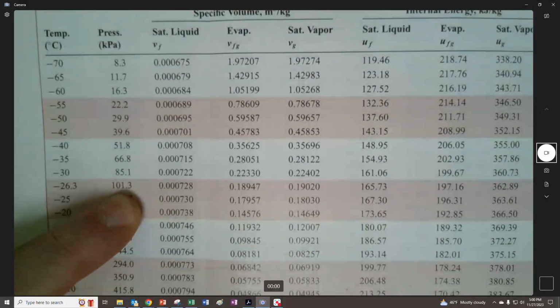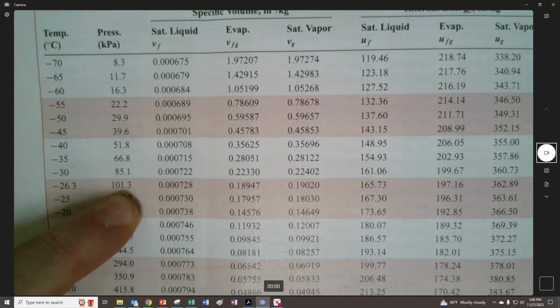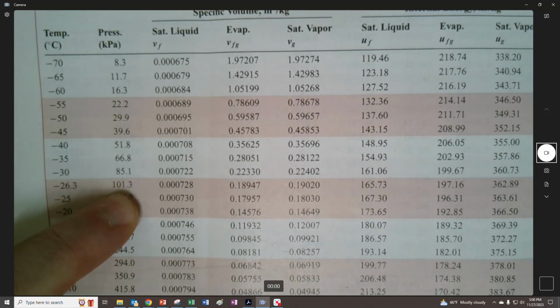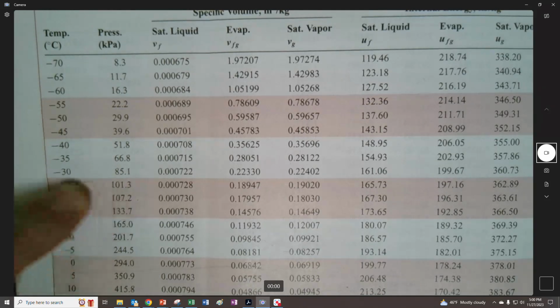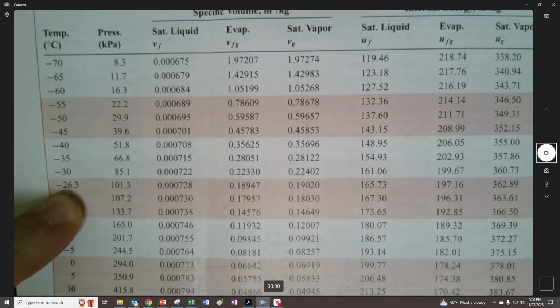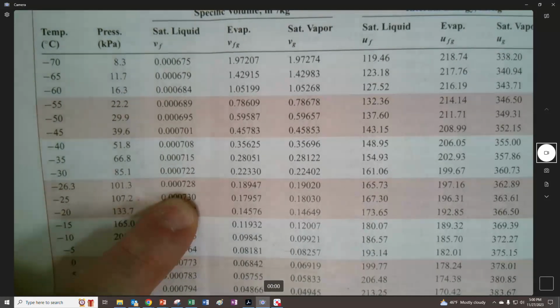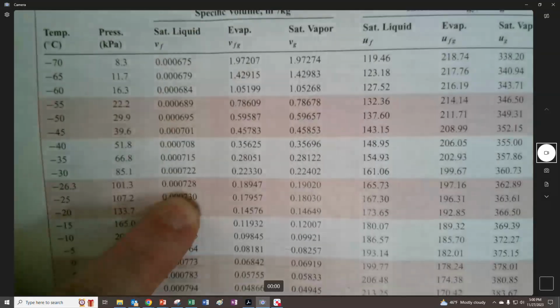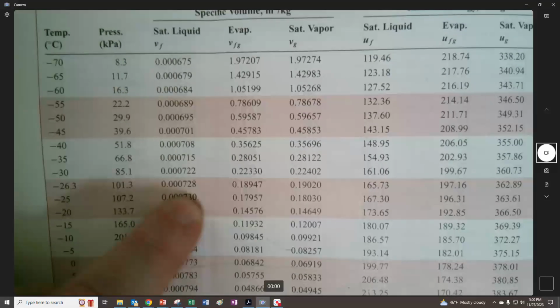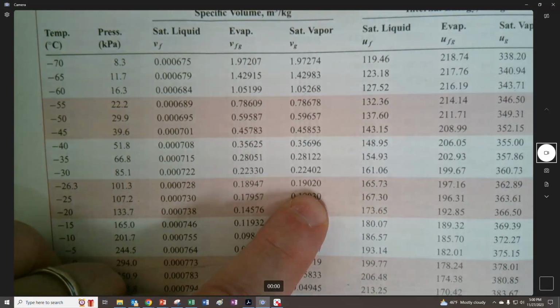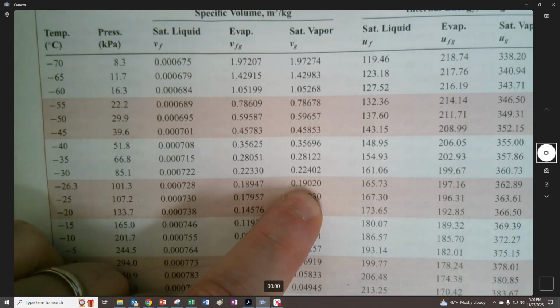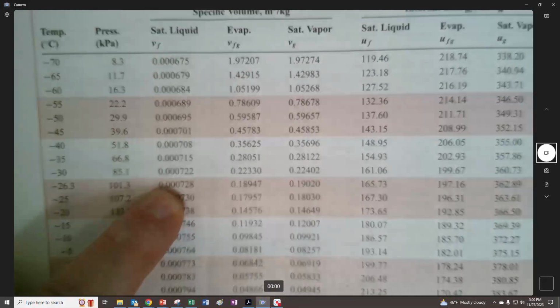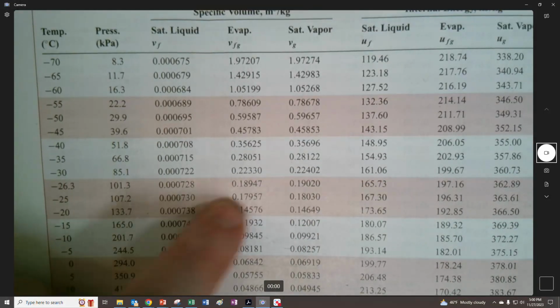The reason why I changed it from 100 is because I didn't want to interpolate in between here. So we now know what the temperature is. It's going to be negative 26.3, if our, let's see, what was the number? The number was 0.15405. Yep, 0.15 is in between that VG and that VF. Therefore, we are a mixture,